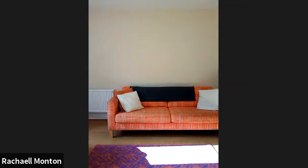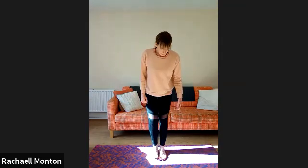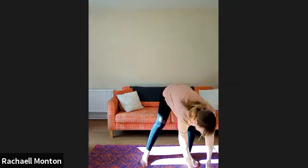We're coming to the first pose, which is called Tadasana. Now, Tadasana in yoga simply equates and translates to mountain pose. And it's a pose you may have heard of many times in yoga, and even is used in conventional exercises like Pilates. They do a standing pose, which isn't dissimilar. So what we're going to do is bring the feet almost together